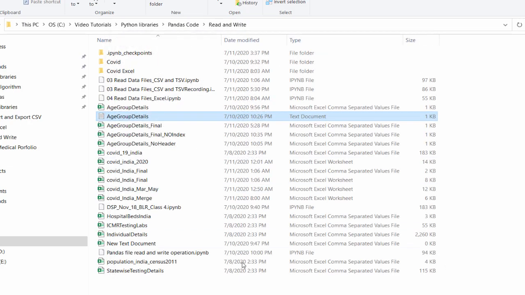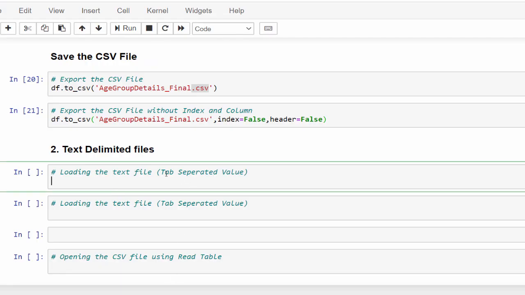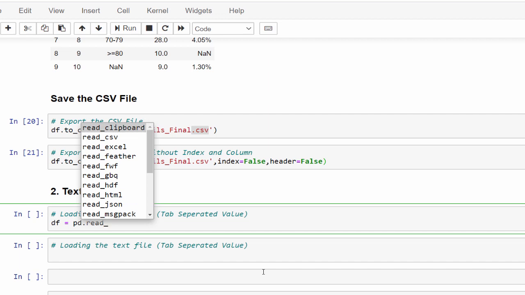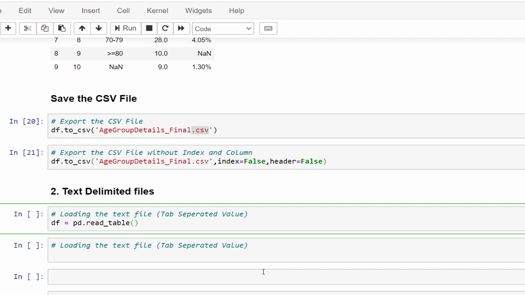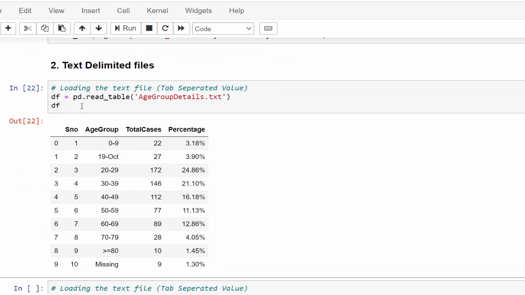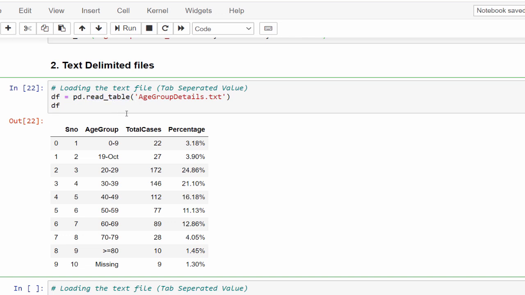So we can also call this file tab separated values. df equal to pd.read_table, then mention the file name. See, now we can read the text file also just by using the read_table method.